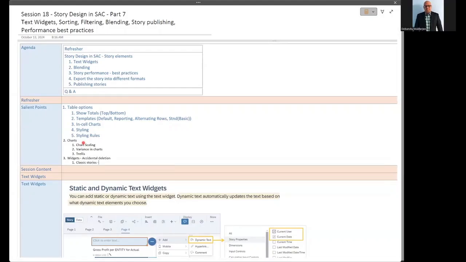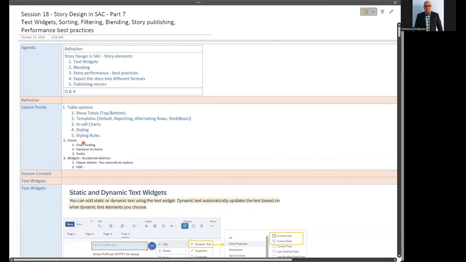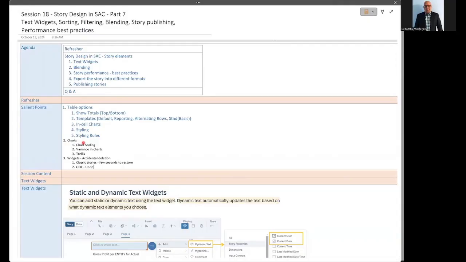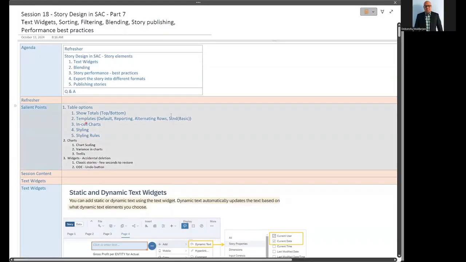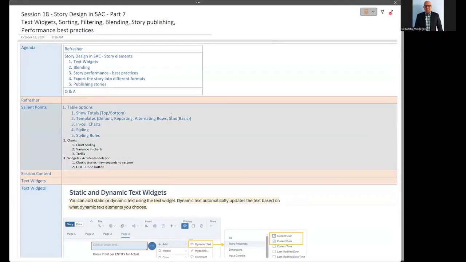So it will give a few seconds to restore. And in the ODE, the optimized design experience stories, you can use the undo button. So there it is much safer and you will not lose your changes so easily. Okay, so those are your different